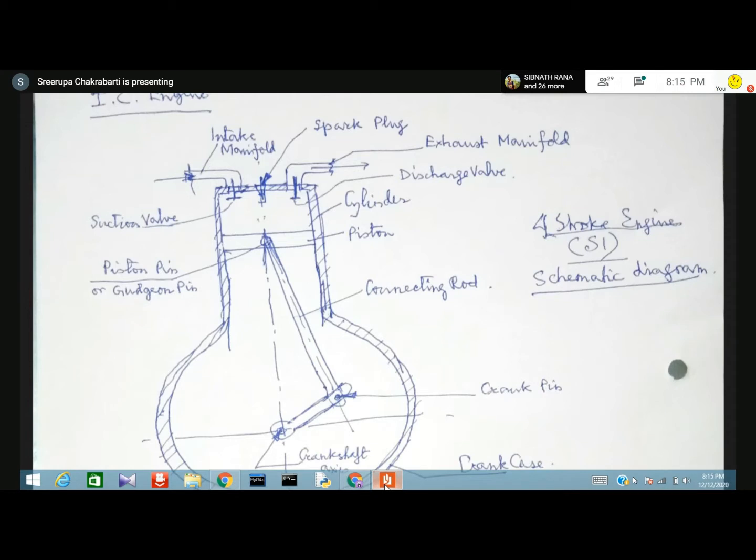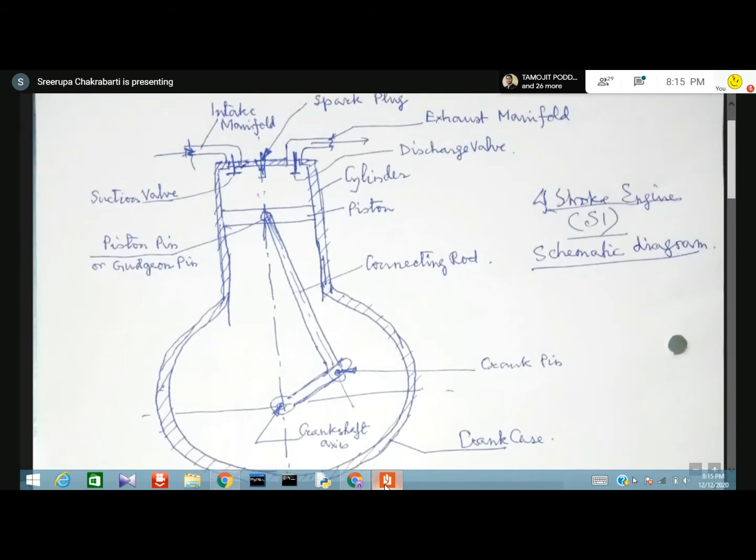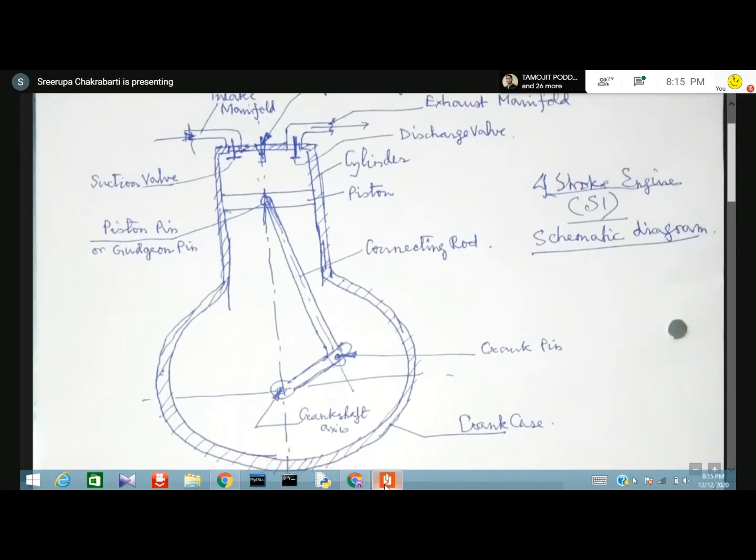I am not happy with this diagram, but you know, we are more conversant with drawing on the blackboard with a chalk and a dot pen. It was difficult to draw, but I'll explain it to you, and I'll give you a better diagram also sometime later. Now this diagram is also there in the book, but it has to be explained.